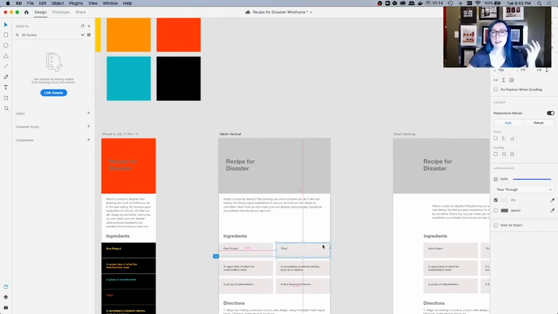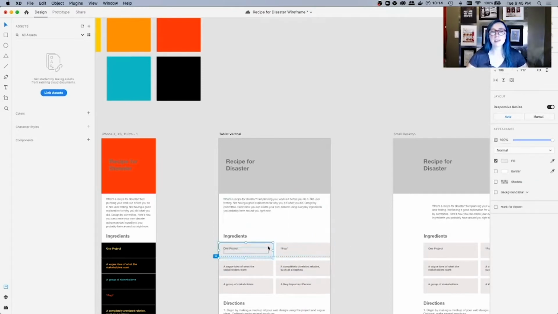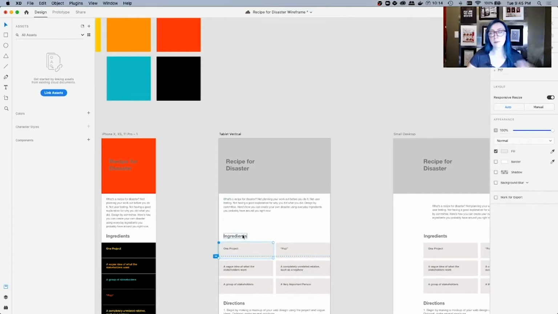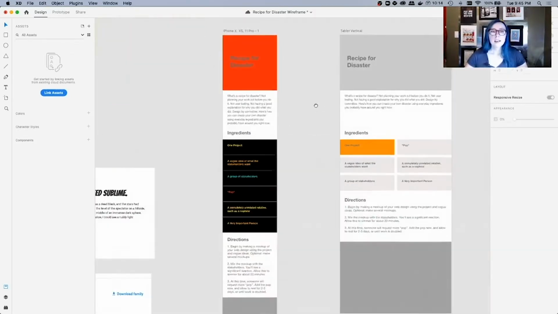In any of these grid items, just keep double clicking until you only see the one highlighted. See how this is a little different from this, and then double click a third time from just that shape. That's what you want to get to, is the shape itself. Hit I, grab the orange, and now you can see it's just editing that.